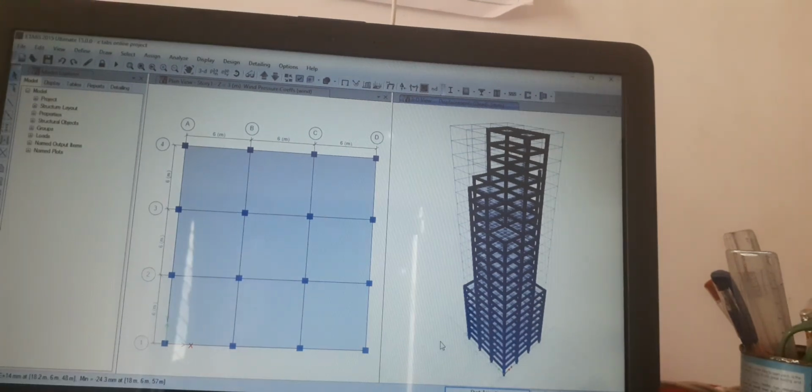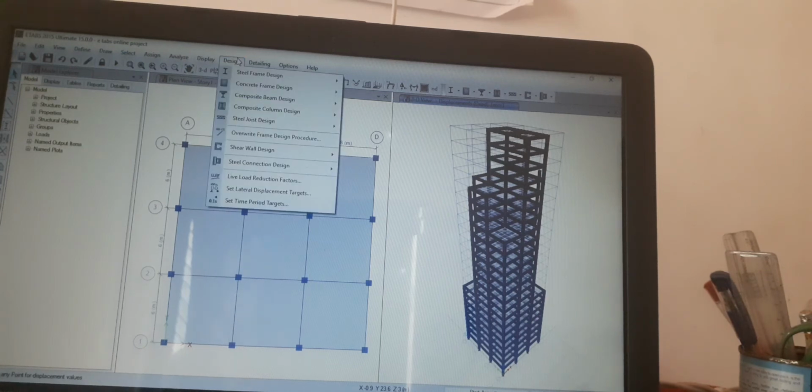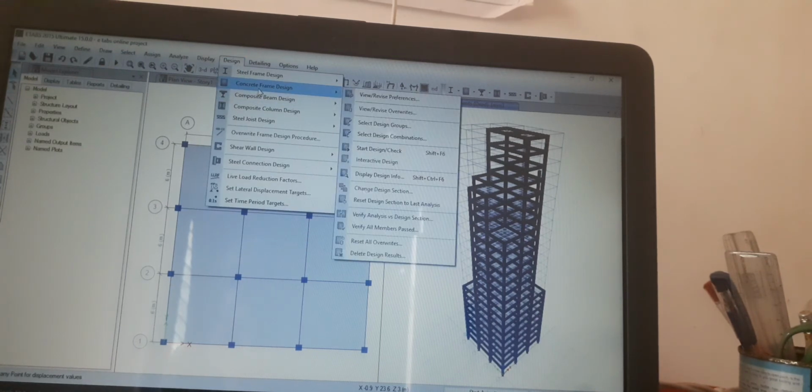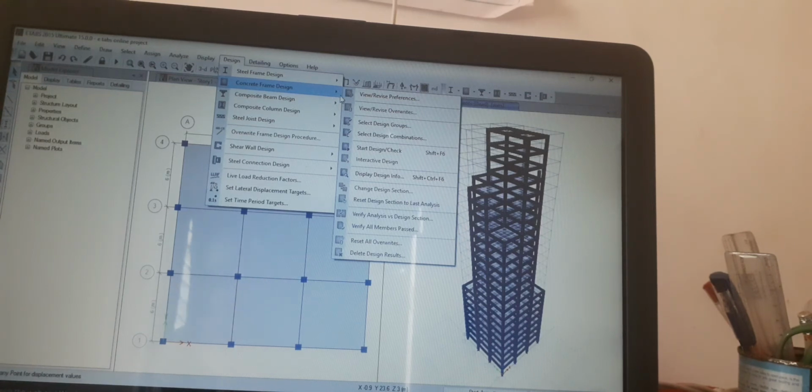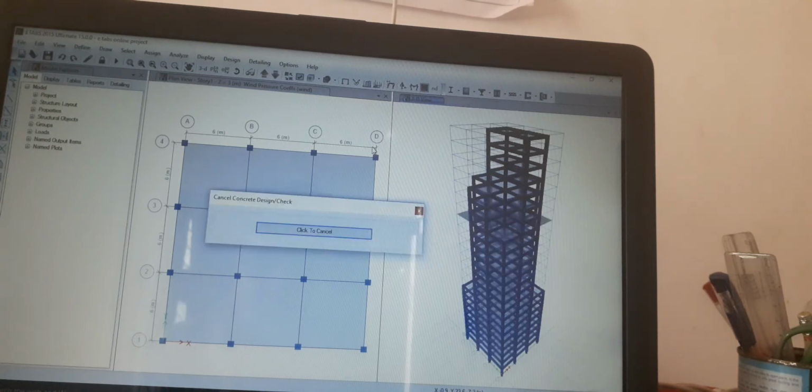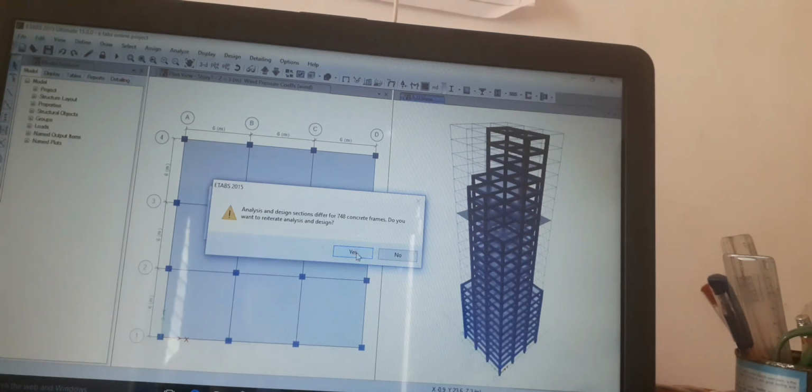We have to go to design menu and click on concrete frame design. Then we have to go to start design check. Wait for a while. Here we have to click yes.